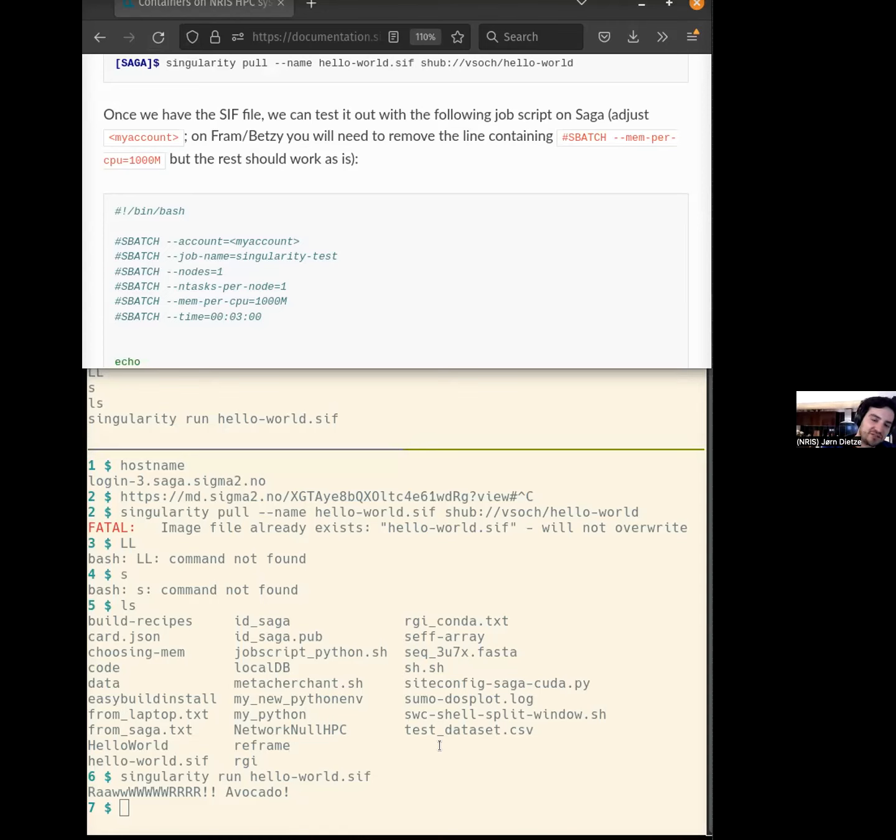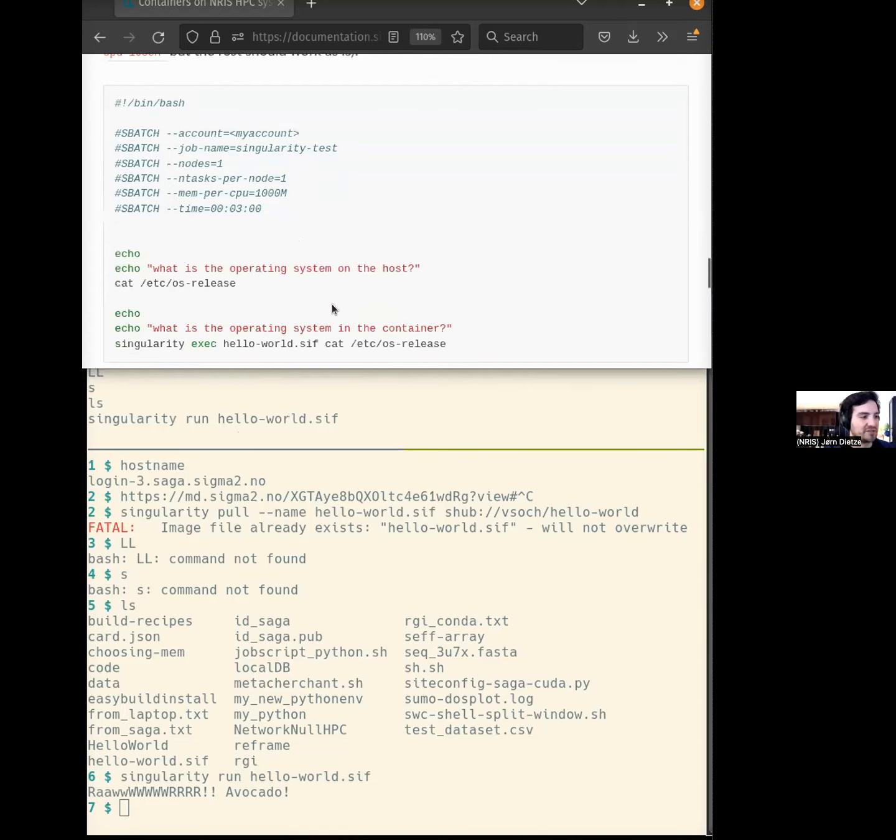If this would be a bigger job, like a pipeline or something, maybe the first time you want to do it interactively to actually see if everything works. Don't do it on the login nodes. The download, yes, but actually running, do it in an interactive job. If you don't know what this is, look for interactive jobs. This basically gives you a compute node to run stuff on, so you're not on the login node, but you still have your normal command line interface, and you can start commands and see the output immediately. You don't have to wait for it. You only have to wait to get the node maybe in the beginning.